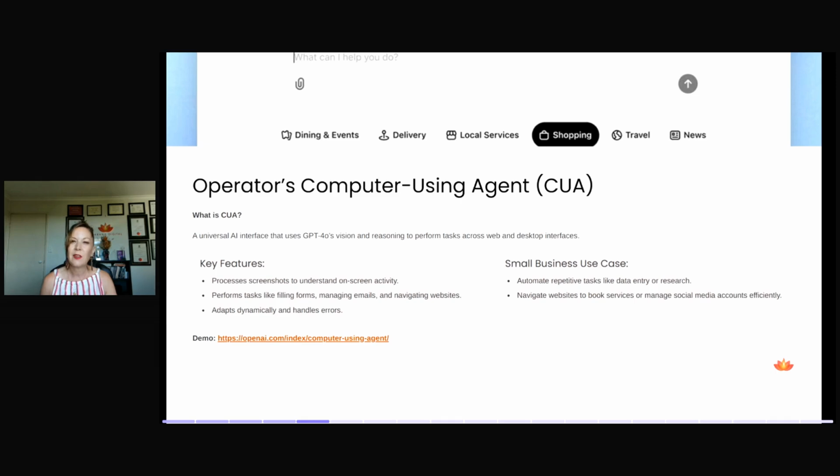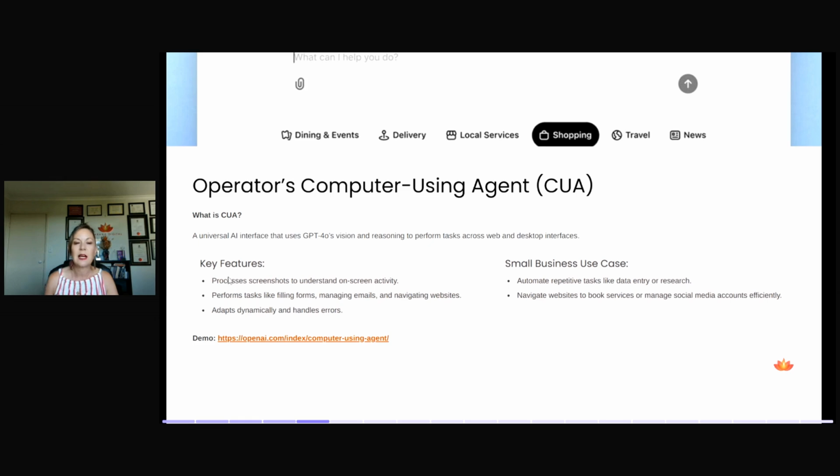And there's been other tools. So I think Google's had a go at it, and I think Anthropic has as well. And now also Perplexity has come up with it because they're all racing to the finish line of AGI. But OpenAI came out with this on Friday. And unfortunately, in Australia, it's not available to us yet. But I'll take you onto their website and show you an example of what it can do.